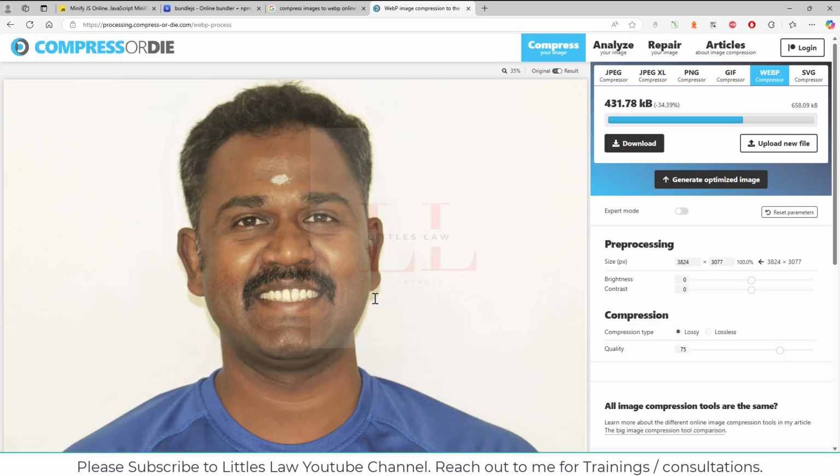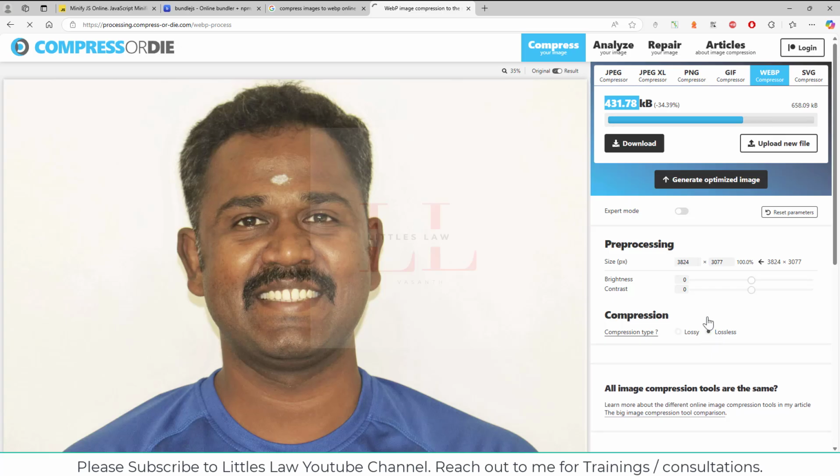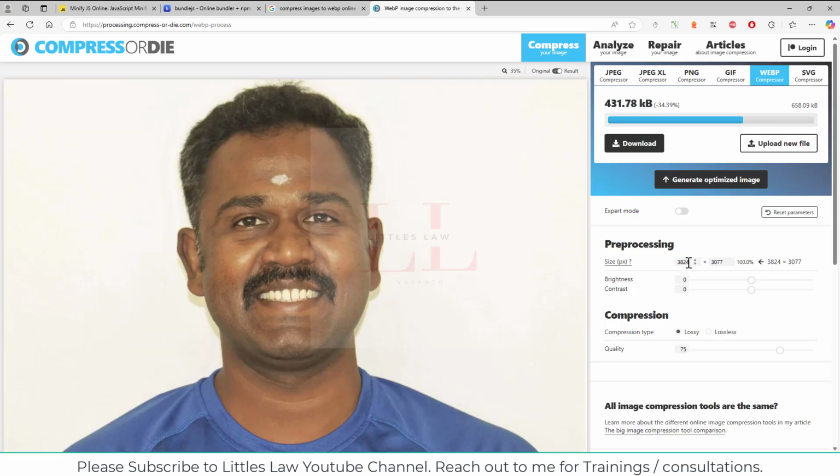And if you see here, with the current configuration, if I just want to compress it with the WebP compressor, it has already reduced it by 34%. It is now 431.74. And I want to have a lossless compression type. Yes. And just imagine if I want to add this as part of my web page